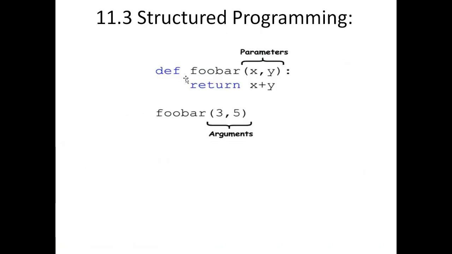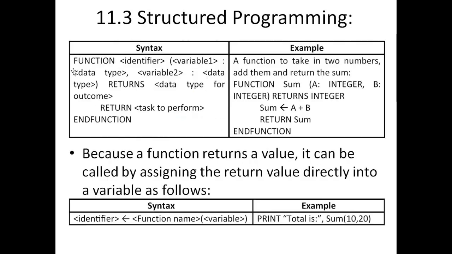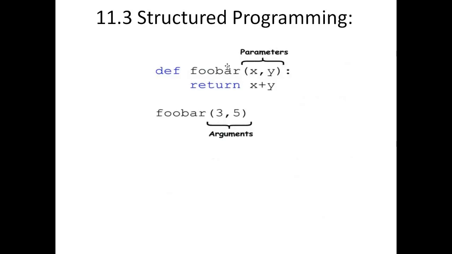For example, like this. The def keyword is used in programming languages, well, rather it is basically used in Python. The def keyword is used to create a function. However, in pseudocode we use the keyword function. This is just for an example. Don't write def in your actual paper. Foobar would be the name of the function. x and y would be parameters, return x plus y. And when you are actually calling or using that function, foobar(3, 5), then over here, since instead of variables you have provided actual values, these values would be known as arguments.